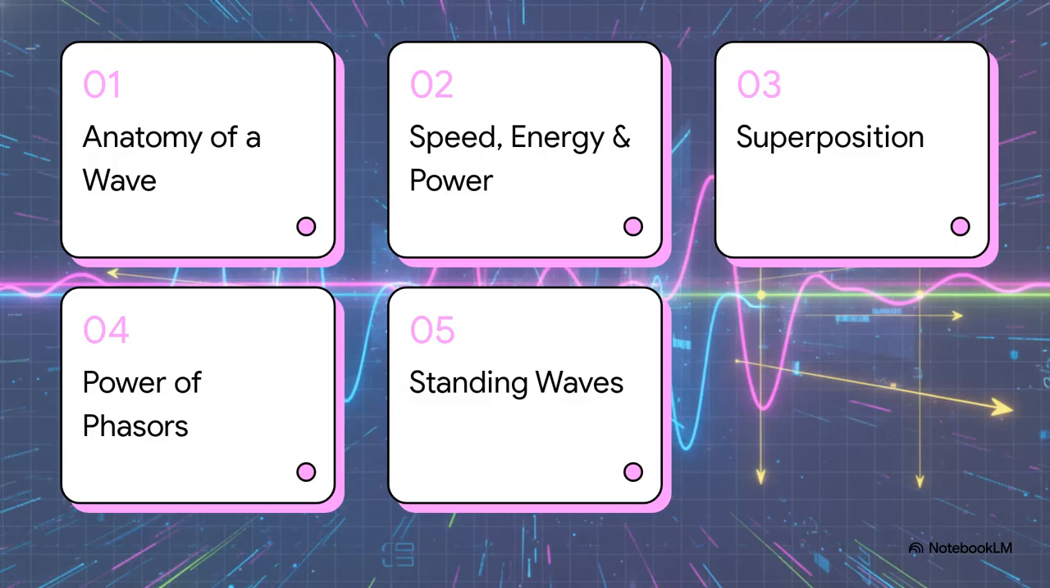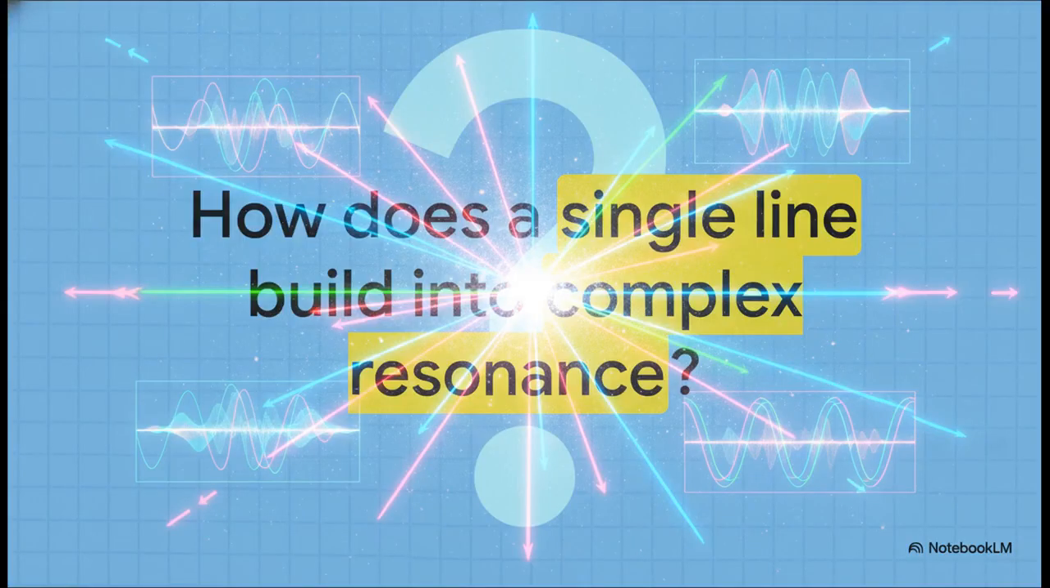Here's our roadmap for today. 1. Anatomy of a wave. 2. Speed, energy, and power. 3. Superposition and interference. 4. The power of phasors. And 5. Standing waves and resonance. But before we even touch the math, I want you to just picture something for a